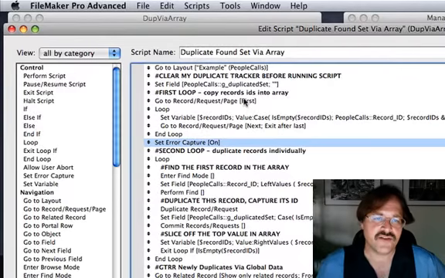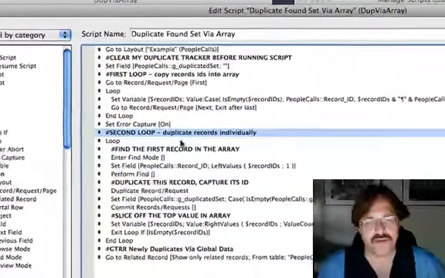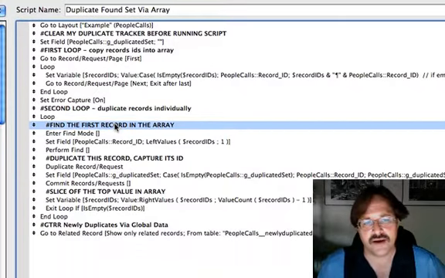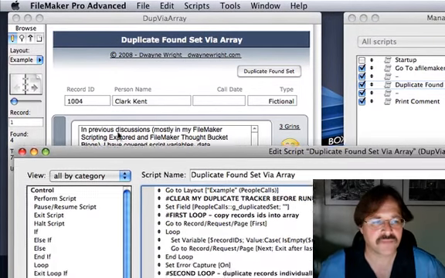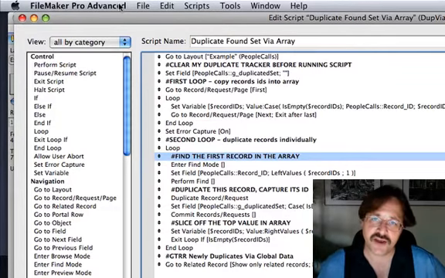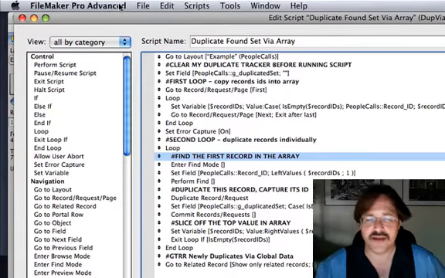So this whole process in here is for me to actually capture those. And then what I'm doing is, for all these unique IDs, individually I'm going to do a find for that record and I'm going to duplicate it. And then I'm going to go to the next record in my list, find it, duplicate it, find, duplicate, and